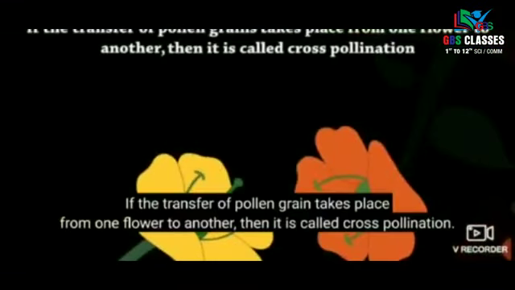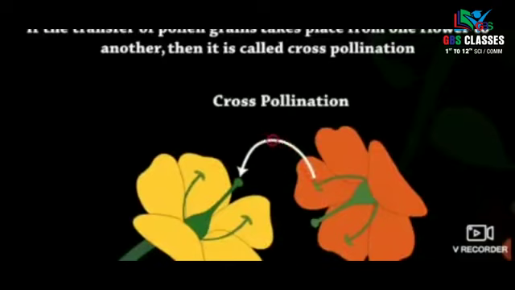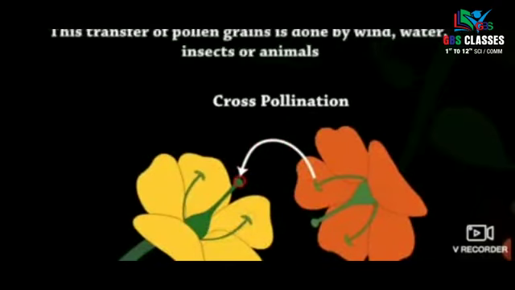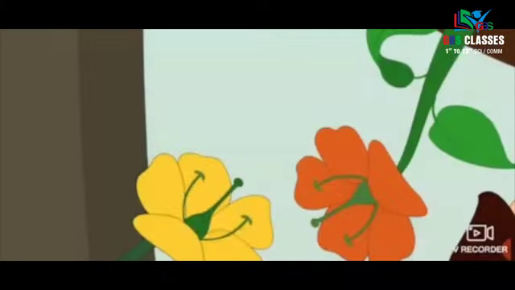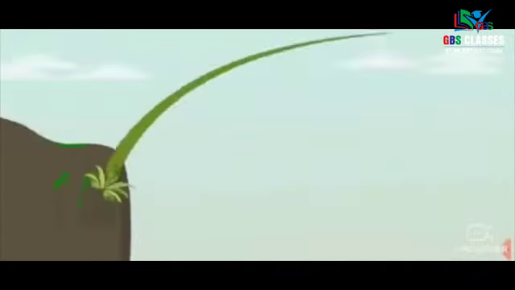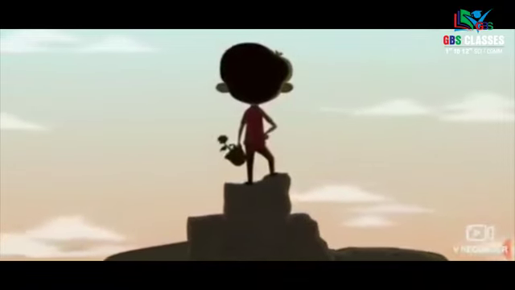So transfer of pollen grains from the anther to the stigma of the same flower is called self-pollination. Whereas in cross-pollination, there is transfer of pollen grains from the anther to the stigma, but from one flower to another flower of a different plant. For example, it may occur through various insects, wind, water, or animals. So they are known as cross-pollination, as the picture explains.